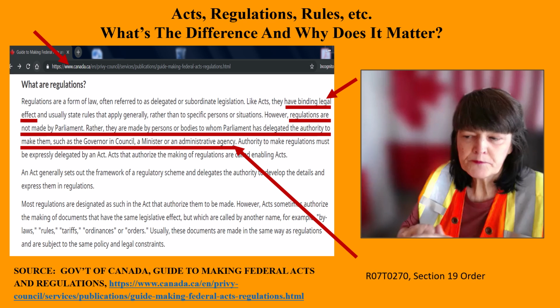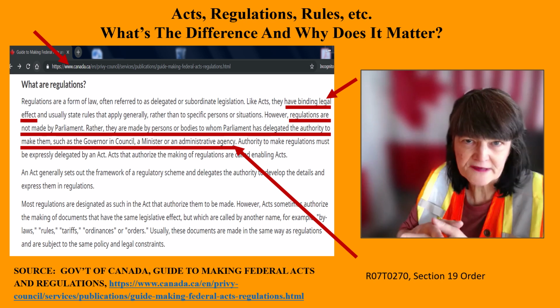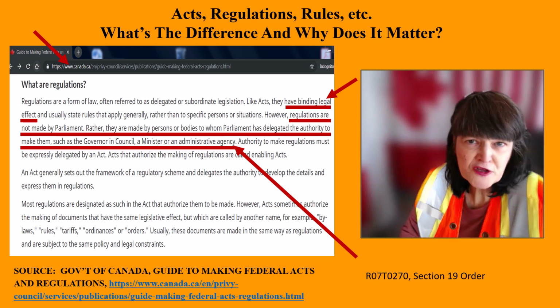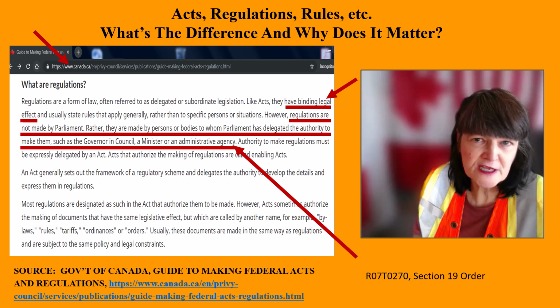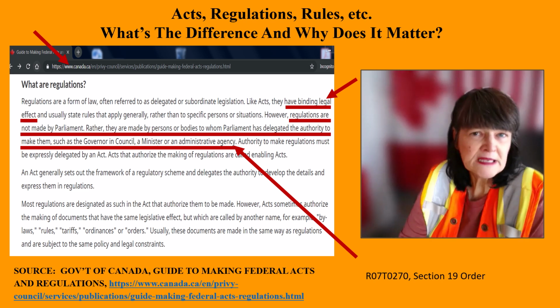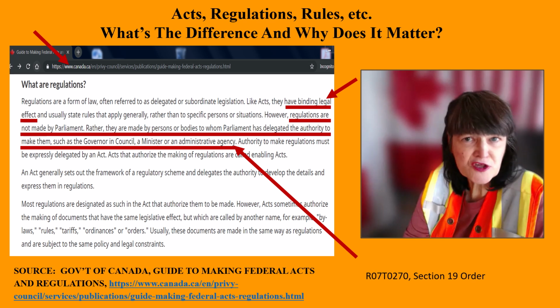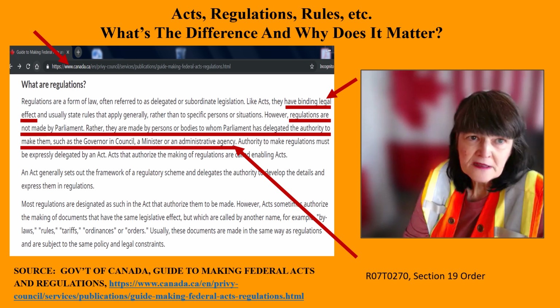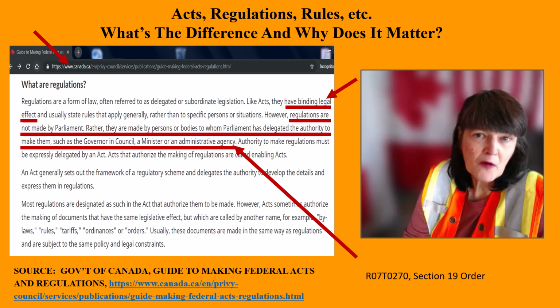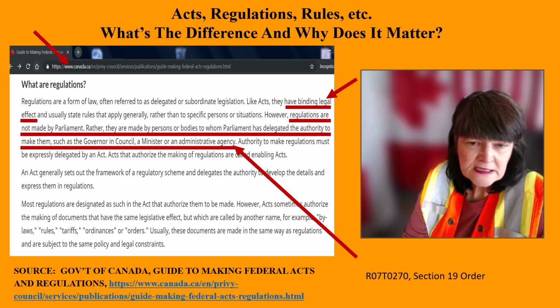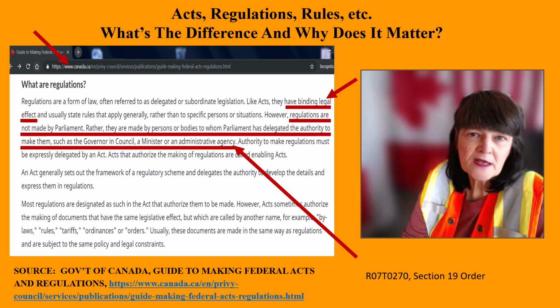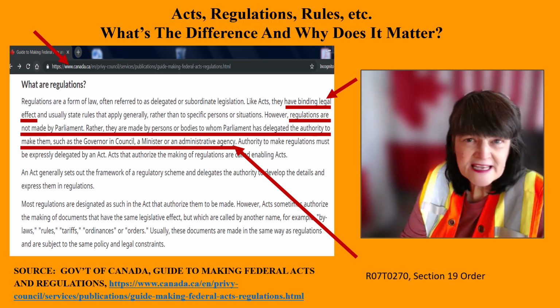So the part here on an administrative agency being able to make regulations. Well, what's an administrative agency? It would be something like the Canadian Transportation Agency in Canada, or it could be the Railway Association of Canada, if that agency is given the power to make regulations by the Minister of Transportation. And really, the bodies like the Railway Association of Canada, and let's say the Canadian Transportation Agency,